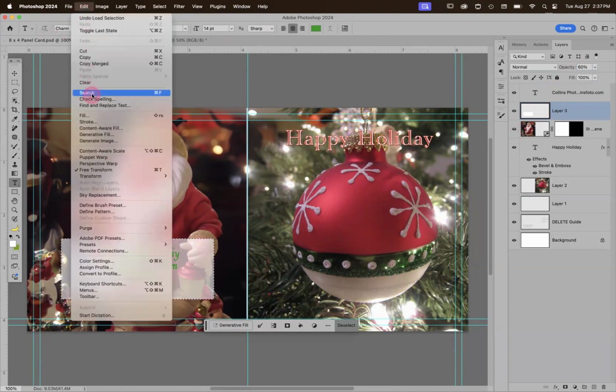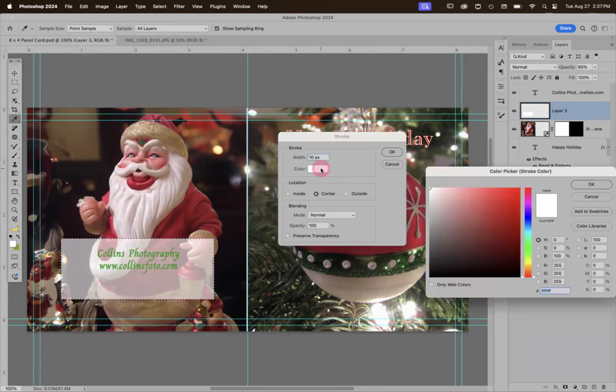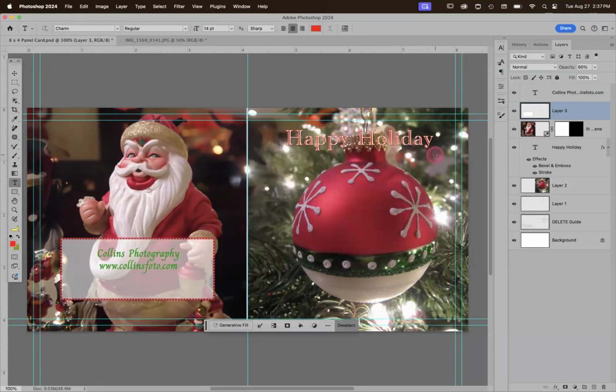You go up to Edit, Stroke, and sure, red seems to be the color of the day. Click OK. It says 10 pixels. We'll see what it does. Deselect. Doesn't work great, but it's okay, I guess, for what we're doing. Just gives you an idea. Or you can match the color of the font there. Change the stroke